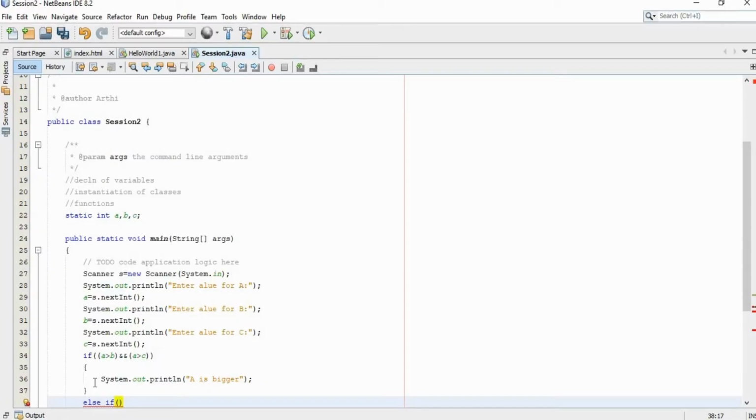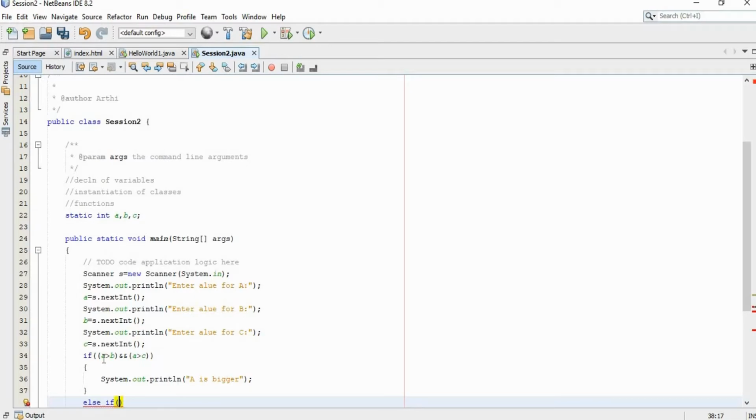But just have a look at our program. In the previous condition itself, we have checked the value of a with b as well as c. So in our else condition, we don't need to check b with a again, that is, we don't have to check b is greater than a and b is greater than c.